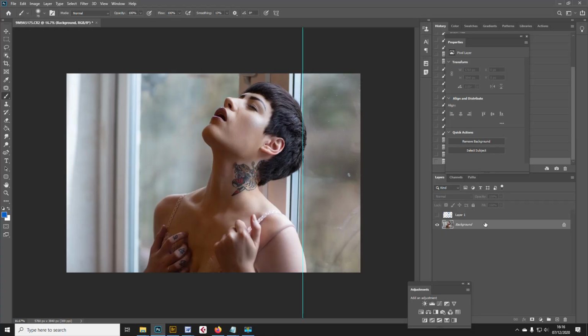And so the first thing I'm going to try and address is this perspective thing. I could go into lens correction, but I know that I can pull this forward vertically, but I'm probably going to affect the perspective on her face too much. So what I'm really thinking is that I'm going to just